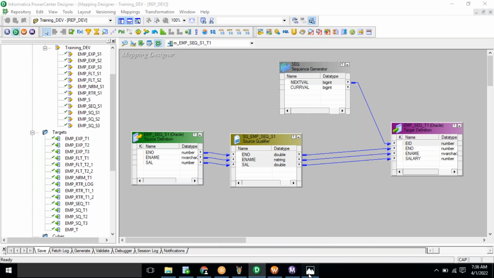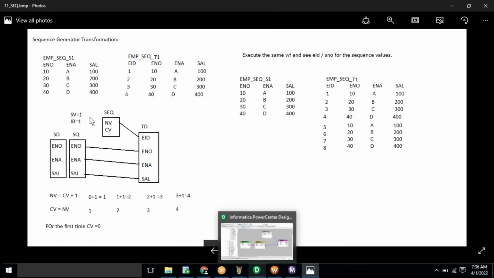So here, we have set start value 1, increment by 1. For the first time, by default, inside the repository, the current value will be 0. Right. So what it will do is,